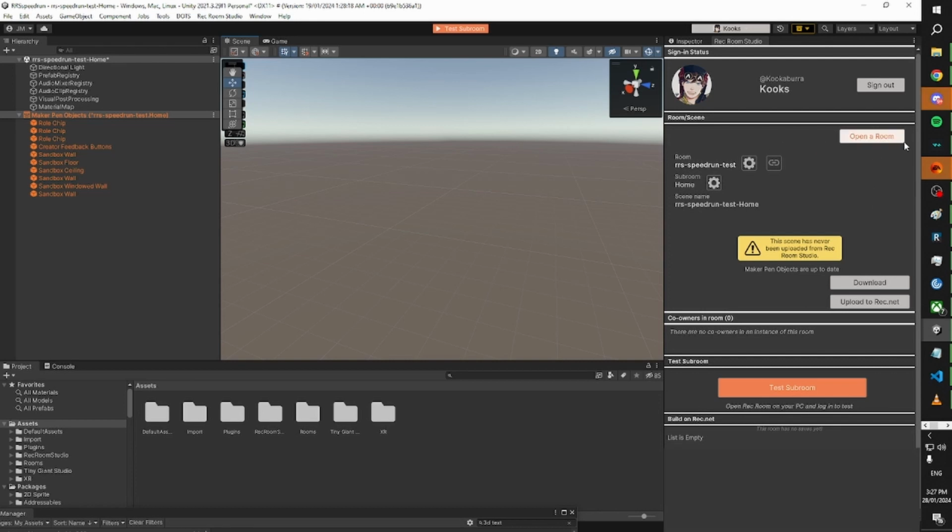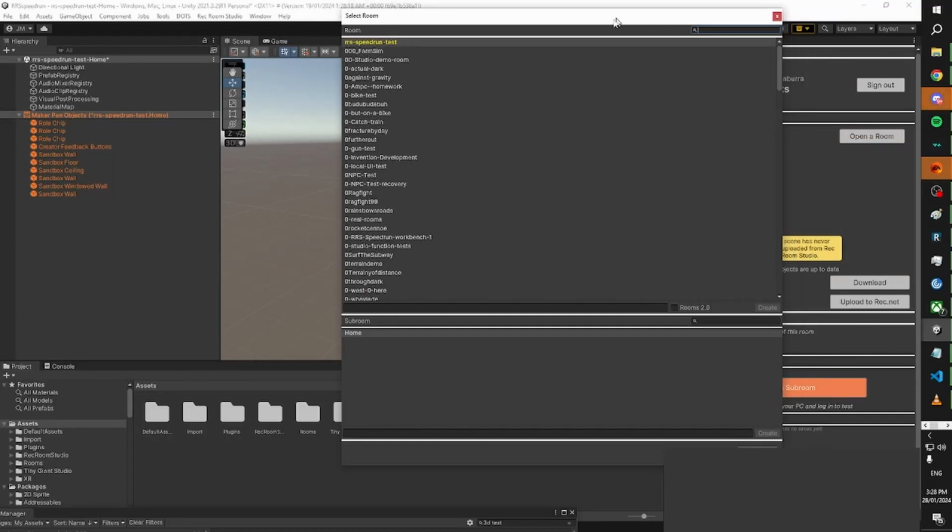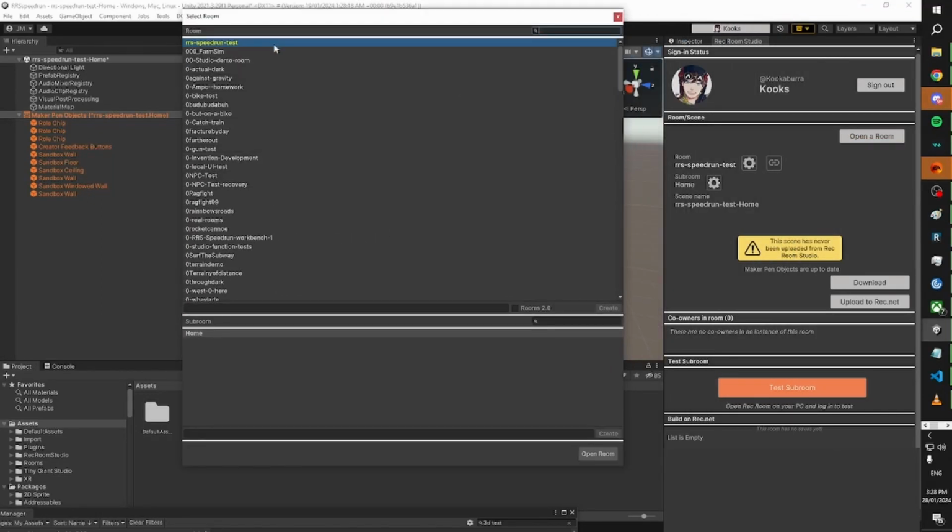So to open or create a room, all we have to do is press the Open a Room button here in the Rec Room Studio panel. Now, this gives us controls to do a few different things. If we search up here, it will filter the list of rooms that we have. But if we enter in something down here, it will be creating a new room. And so that's what we'll do here. Let's just create a room, RRS Speedrun Test 2. You can call yours whichever you like, just make something memorable. And so if you hit create,